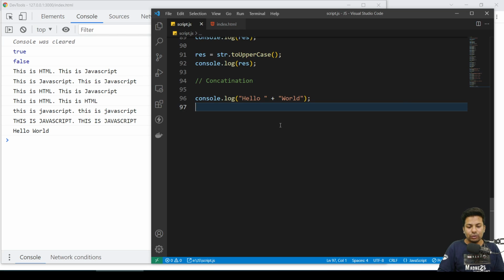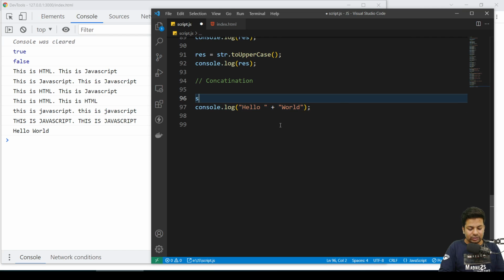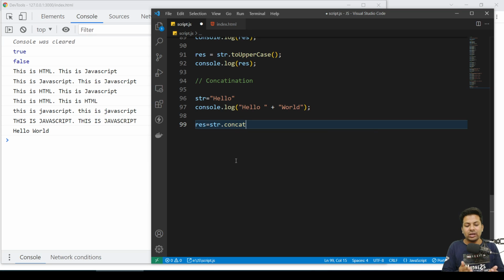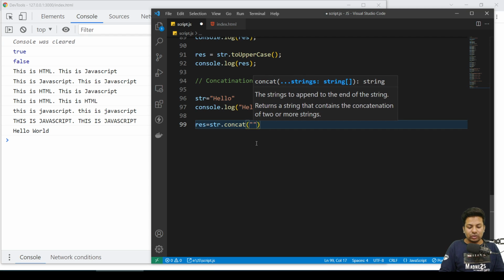But in reality how does it work? Suppose there is a str equals hello. Now I'll say result equals str.concat. So this is the official way. You say string.concat, I want to add something to the string, and what you want to add, I'll say world.